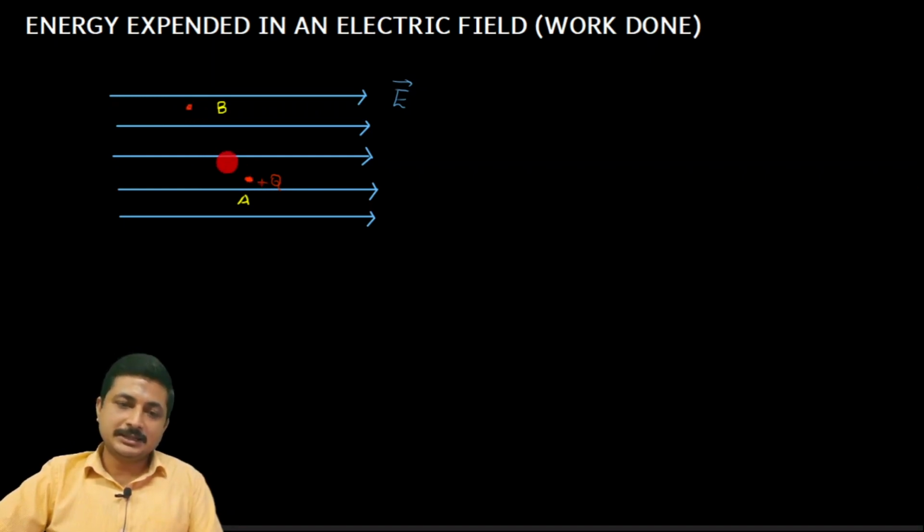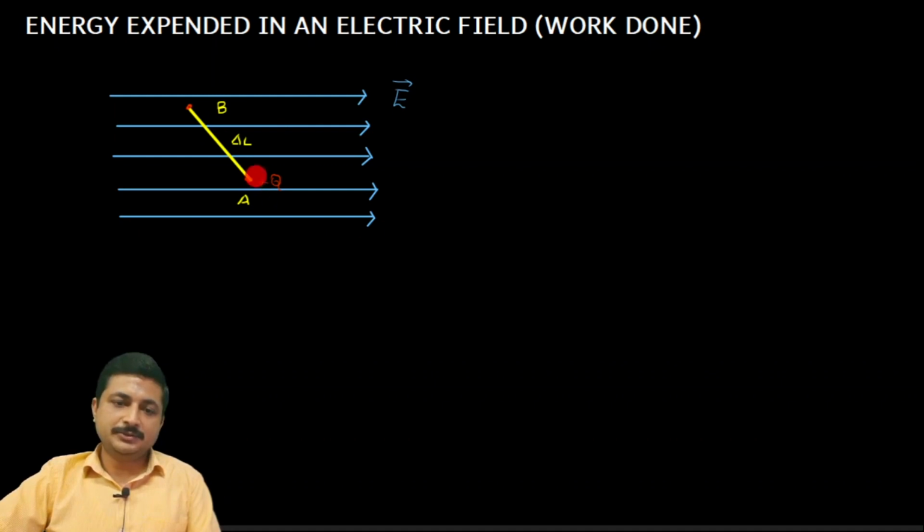Maybe I can consider this as the path of movement. I will consider a straight line path, I will not complicate things. I can move it in this way also, but I will consider a straight line path from A to B and consider it as a very small distance. So this is the path of the movement, a small path. Let me call it delta L. In this case, what will be the direction of the force?